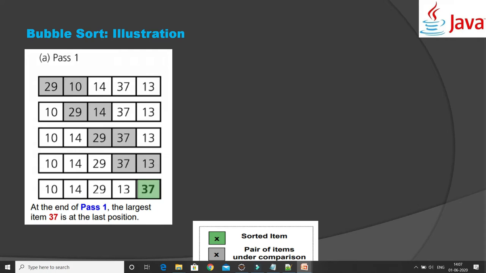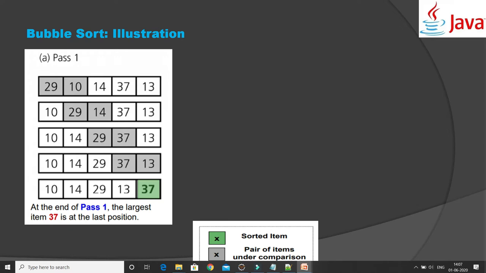When we talk about bubble sort, here I'll take an example of an array of integers. Here you can see we have an array of integers, and we would like to sort this array. Bubble sort works by comparing adjacent or consecutive elements. Here, in this input, 29 and 10, first bubble sort will compare these two elements, and if it finds the previous element is greater than the next element, here 29 is greater than 10, then swapping will happen.